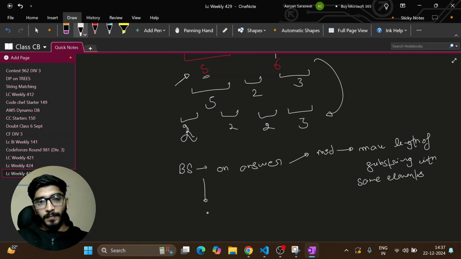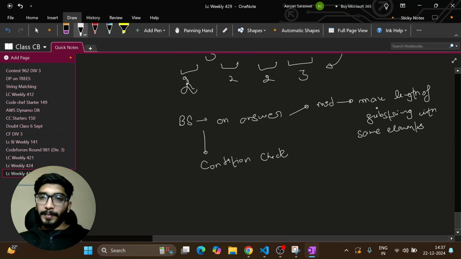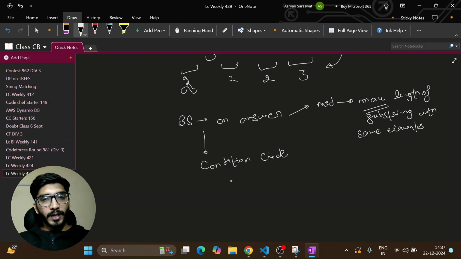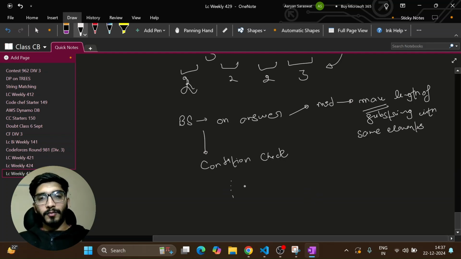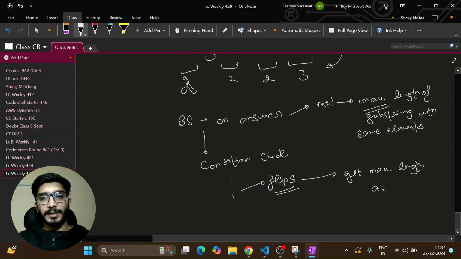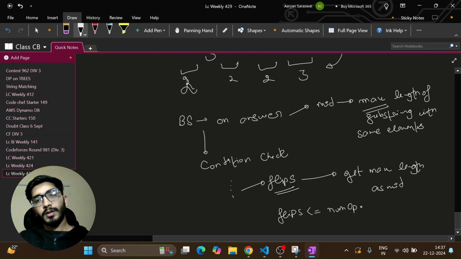So if my mid is the max length of substring with same elements, what will be my condition check? Because while binary searching on answer, there will be a condition that we need to satisfy. My condition check is, if my max length is fixed, I know if any substring crosses this max length, I need to divide it into two parts, and for this I have to perform some flips. So the total number of flips that I need to get max length as mid, if this is less than or equal to the number of operations allowed,